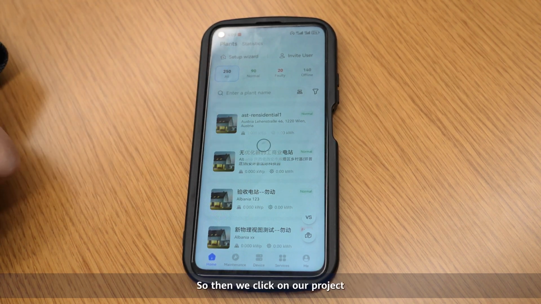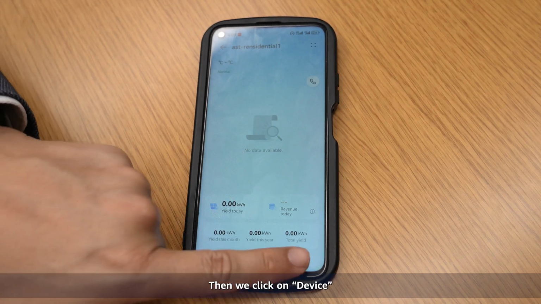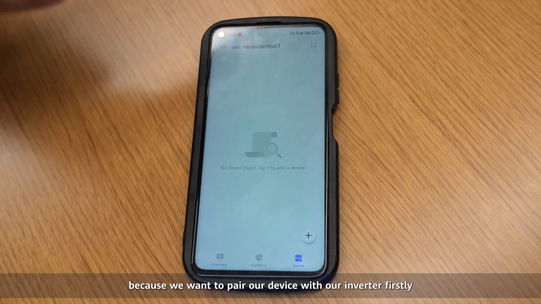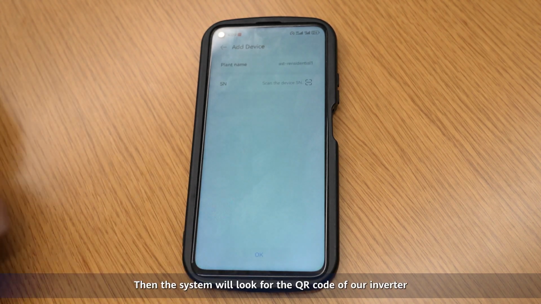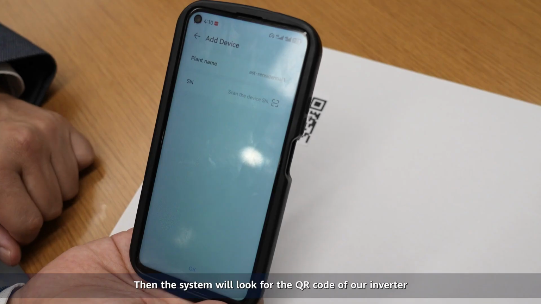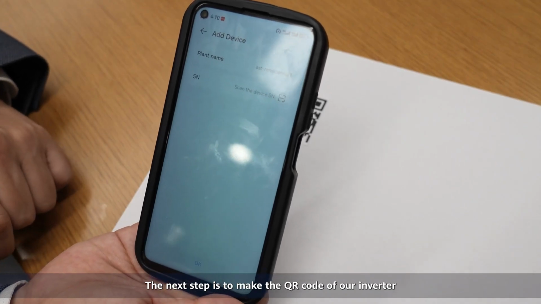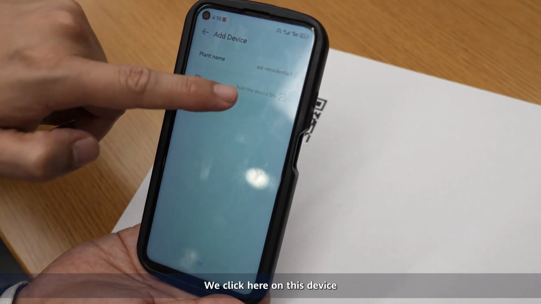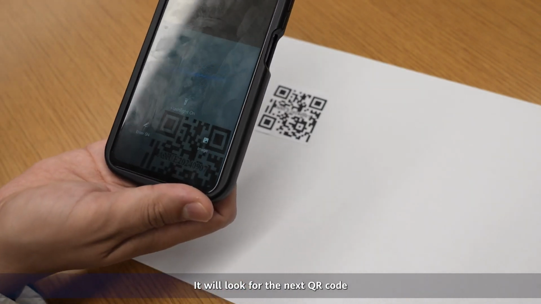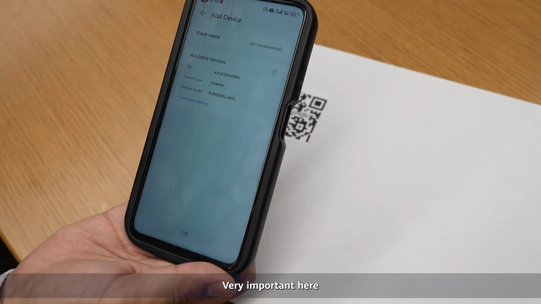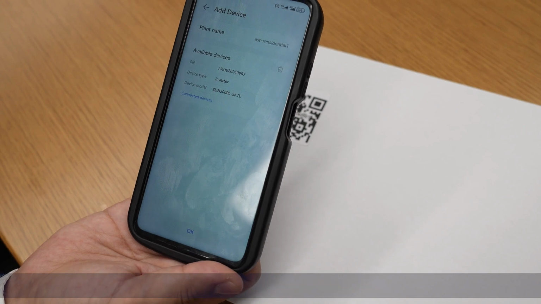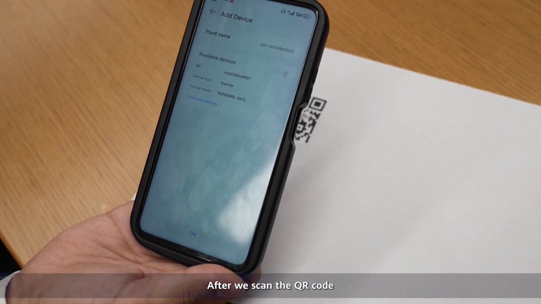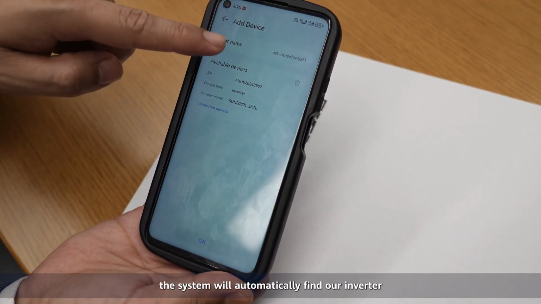So then we click on our project, then we click on device because we want to pair our device with our inverter firstly, and then we just click on the plus. Then the system will work and we will look for the QR code of our inverter. Okay. The next step is to scan the QR code of our inverter. We click here on this device, it will look then for the next QR code. Very important here, every QR code is on the right side of your inverter. After we scan the QR code, the system will automatically